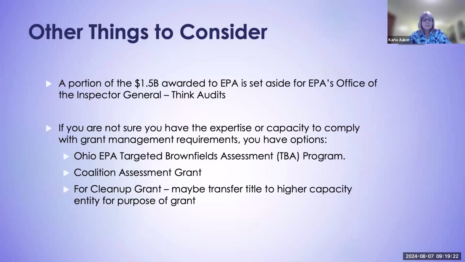Some of the things that you've got available to you, if you don't feel like you have the capacity, is using Ohio EPA's Targeted Brownfields Assessment Program. Amy talked about the Ohio EPA's CWAG Street, Community-Wide Assessment Grants for States and Tribes. Ohio EPA, in addition to their normal funding for their Targeted Brownfields Assessment Program, had $2 million extra. And my understanding is, and I'm hoping, they're going to come back in for another $2 million coming up this grant period. So they've got plenty of Targeted Brownfields Assessment Program money.